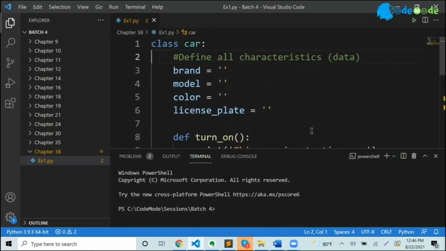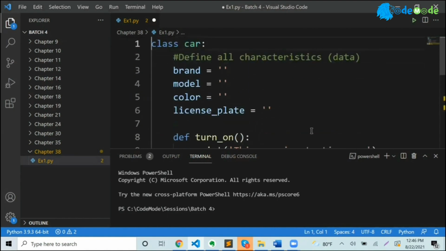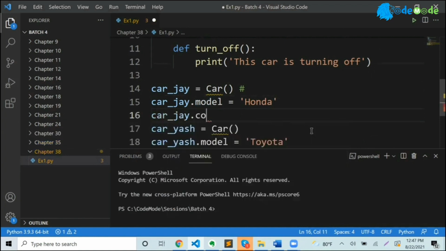So I created a template called car class, and now I want to use this class. I'll simply say variable name equal to car and parenthesis. This will create an instance of the car. This is where you are creating a real object, a real car, and this car model is Honda. Right now there is no car model, there is no brand. This is just the definition of the car object. And now I'm creating a car using some variable name equal to car and just putting the parenthesis. And I say car dot model is Honda, car J dot color equal to